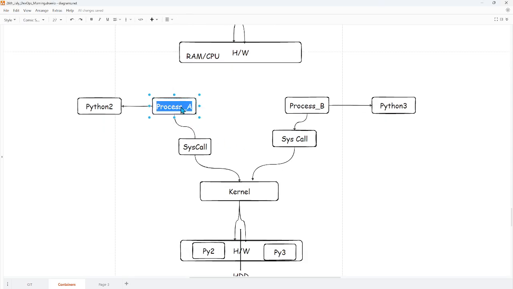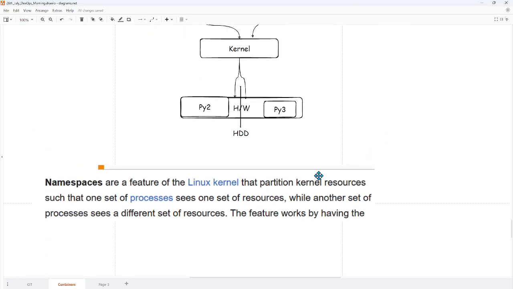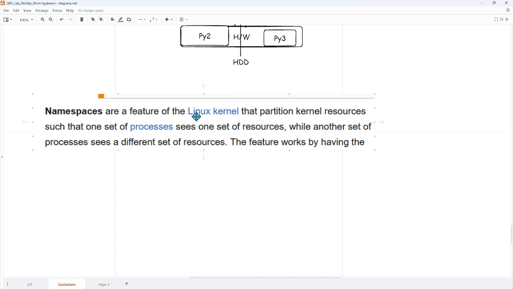So that my process, which is actually a container, will start behaving like a virtual machine, because it will get a dedicated portion of hardware. And this hardware is not shared by other processes. This belongs only and only to this process. This is the concept containers use, namespace. I told you, Docker has not invented anything, they just use what is available there. They use the concept of namespace and say, let's partition the hardware in such a way that you come up with your code and dependencies, I will run it as a process, and I will give you a kind of dedicated hardware to run your application.